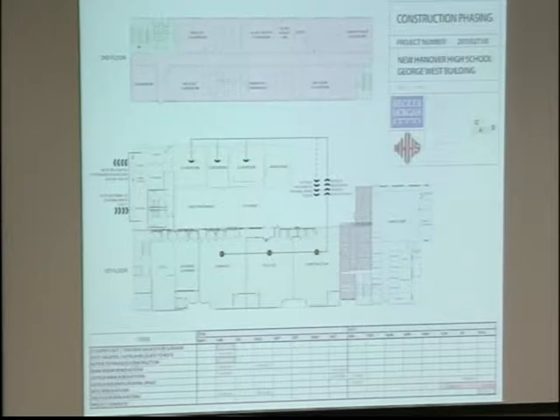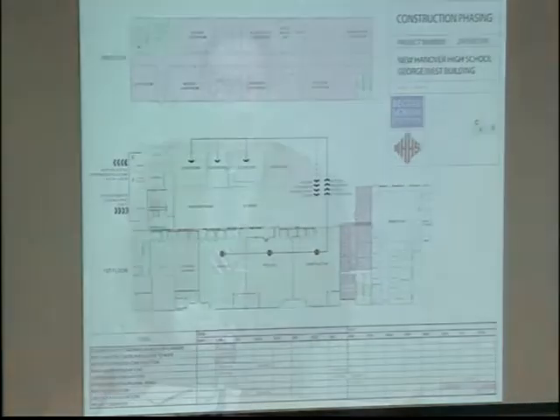Since 1958, air conditioning was added to the second floor only of that area. So it would be nice to get air conditioning on the ground level, and that's certainly one of our tasks with this project. Additionally, one of the things that we found very interesting and maybe even a little disturbing, frankly,